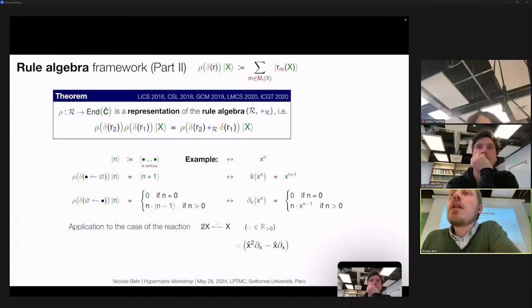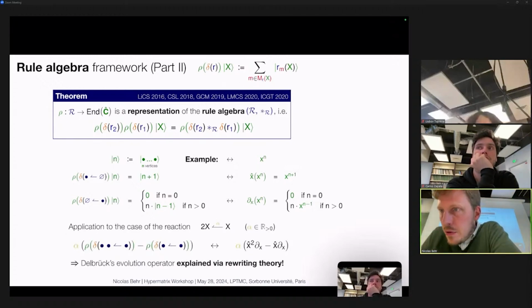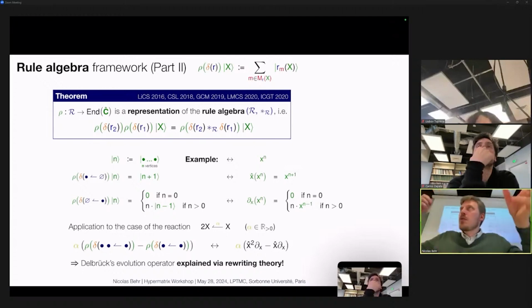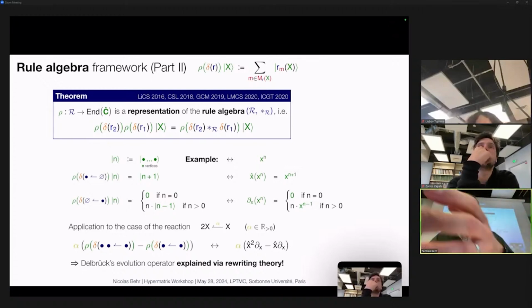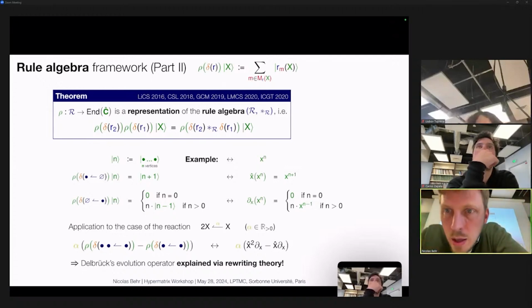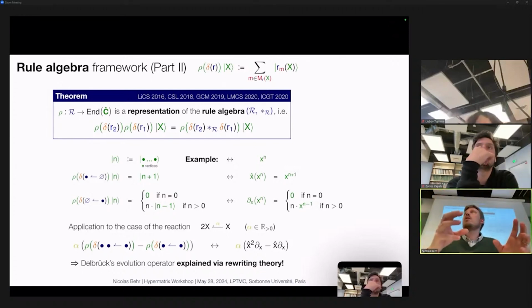And at the end of the day, using this rule algebra, on the right-hand side, you have the expression in the language of formal power series operators. And you see in particular, it's an x squared dx, right? It's not an elementary operation. But then using the representation property up top, I can just directly translate this as a dictionary shown here, and then use the representation property to get it in a much nicer form, which is the one on the left.